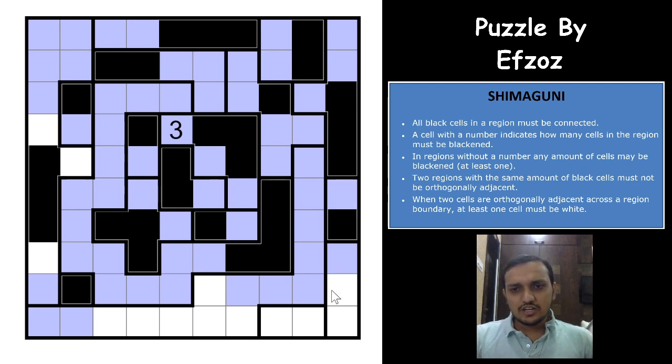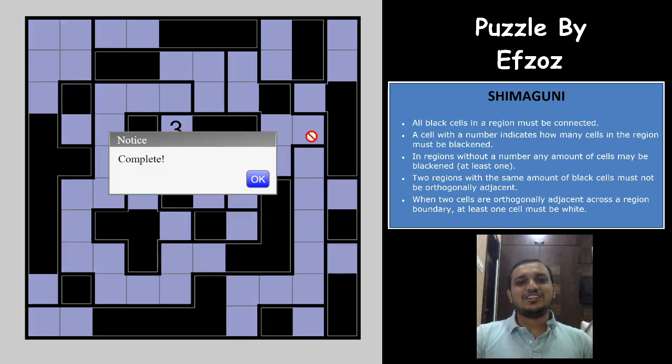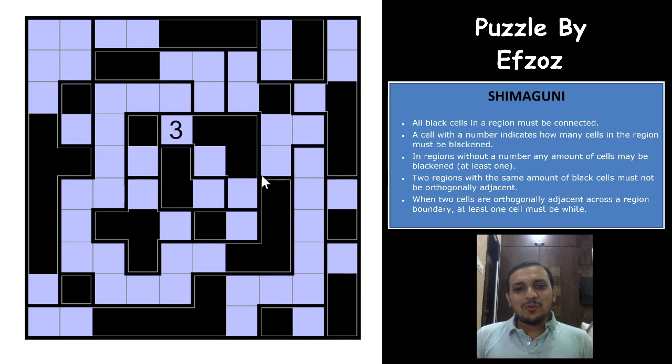So this cell is unshaded, and now this region will need to have 2 shaded cells. It cannot have 1, and this region will have 1. And now this region, it cannot have 1, it cannot have 2, it cannot have 3, it cannot have 4. Which means that this region will have 5 shaded cells, and now this region cannot have 5, it needs to have 6 shaded cells. And with that we complete this excellent, tremendous, gorgeous